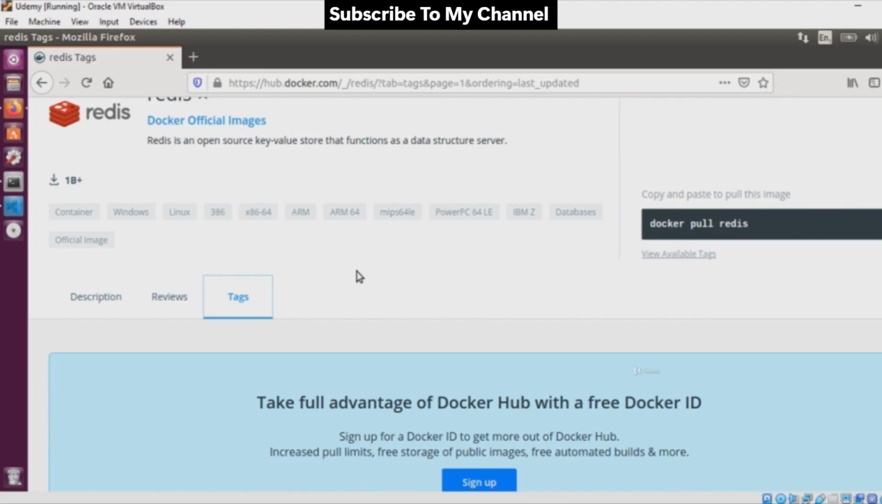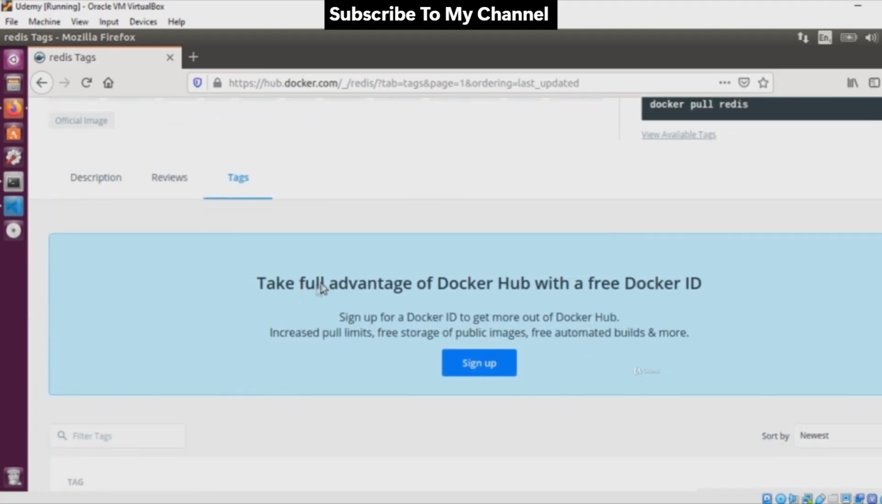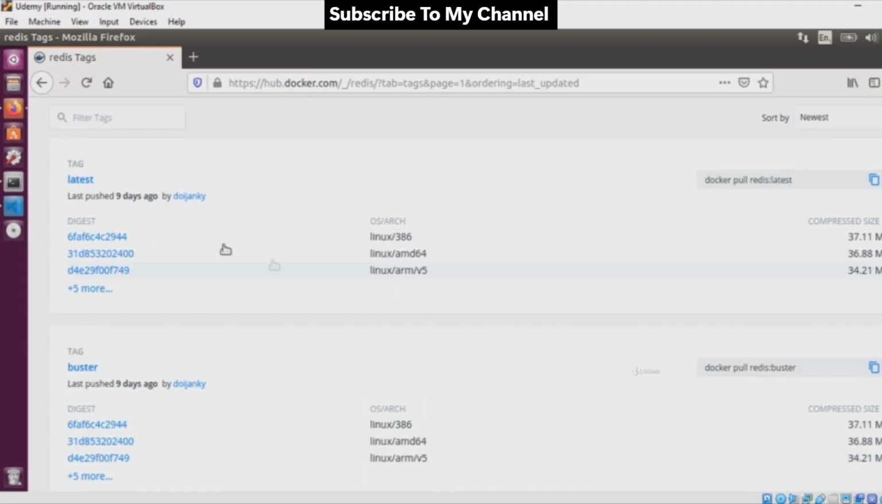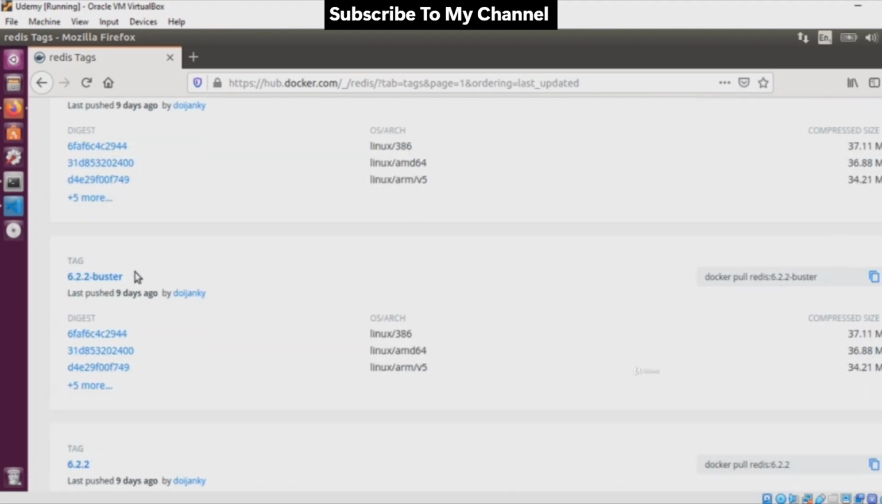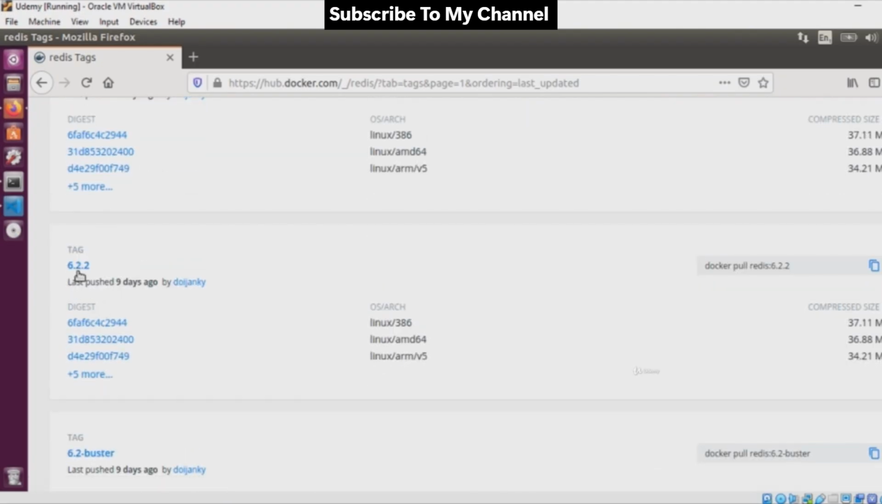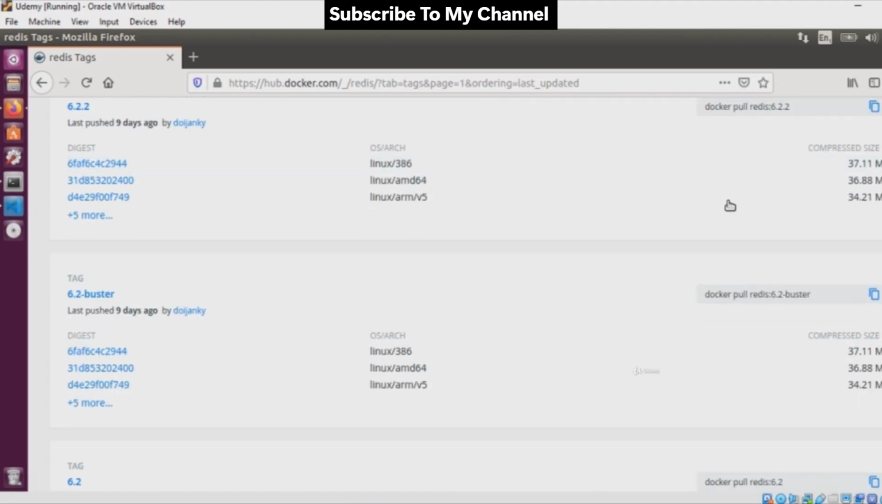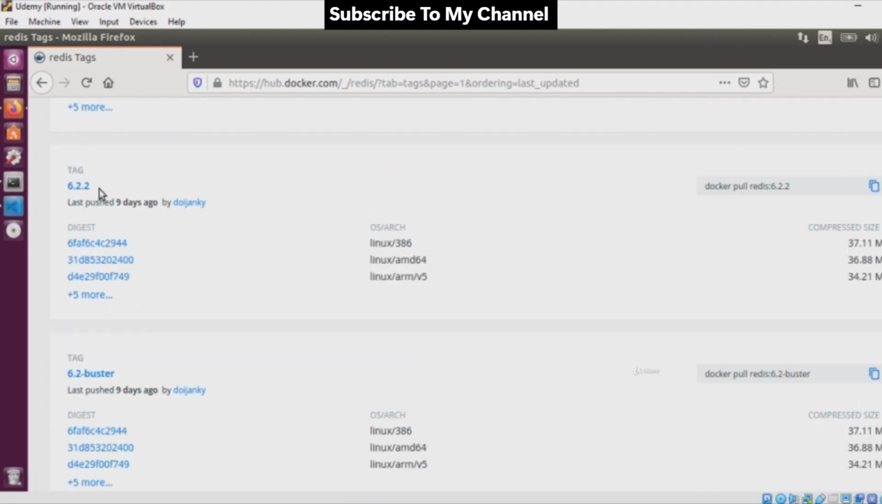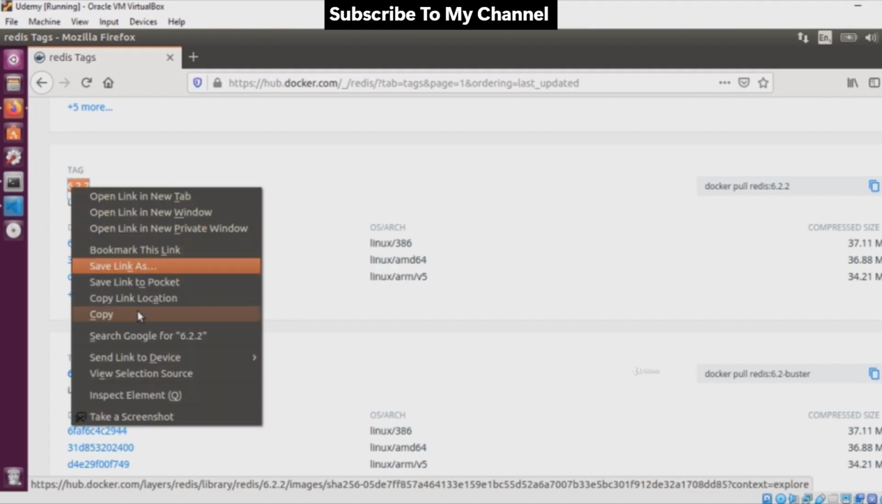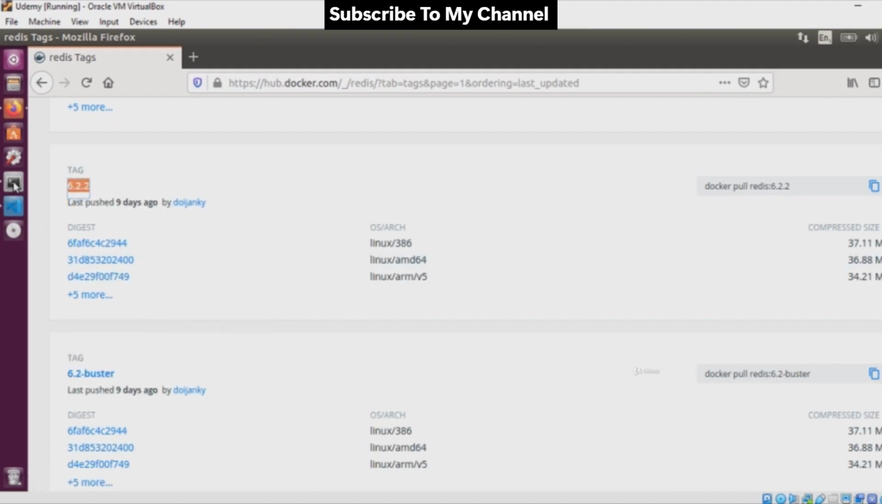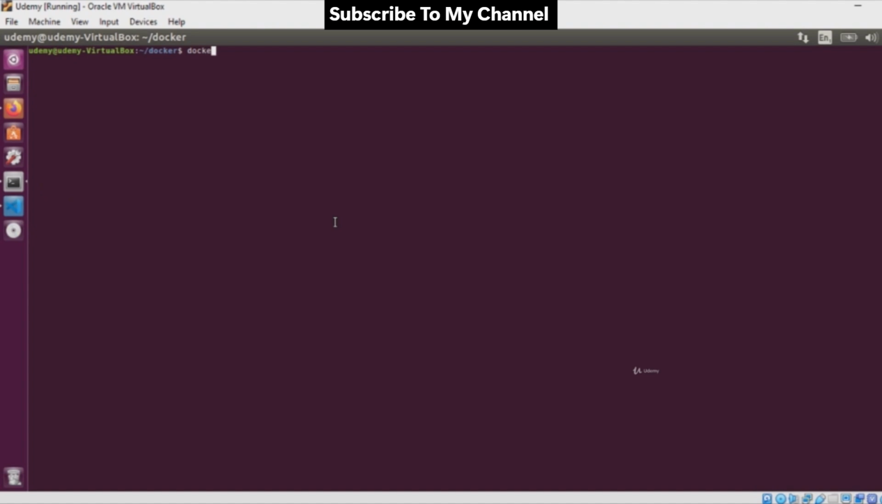You can click the tags button here and you can see a massive list of what types of tags that they have. There'll be historical ones, and if you don't supply a tag, it'll always go to latest, by the way. You've got Buster, you've got 6.2.2, and there's so many tags available. But what we could actually do is, rather than getting the latest one, we can choose to pull down a specific tag. So I'm going to just copy that tag there, and I'm going to do Docker,